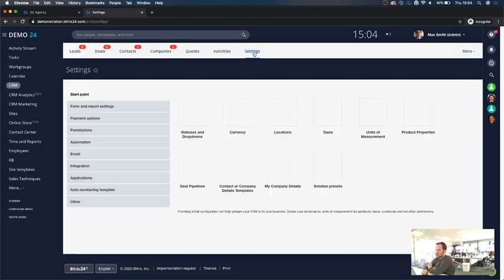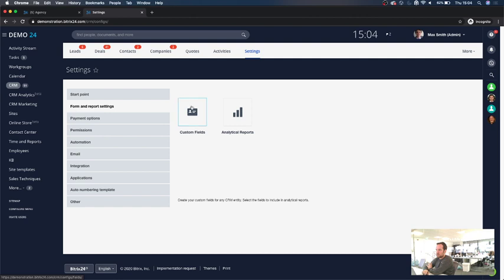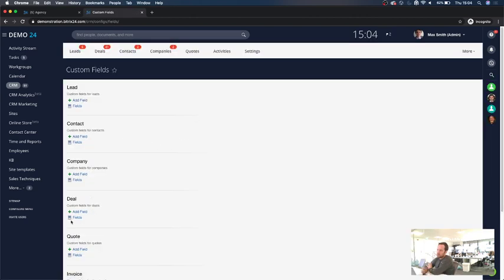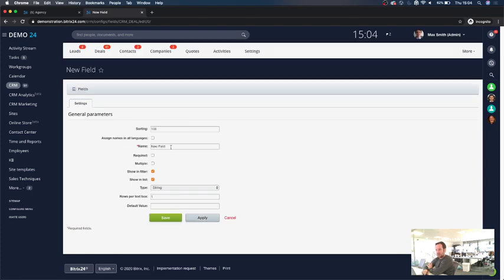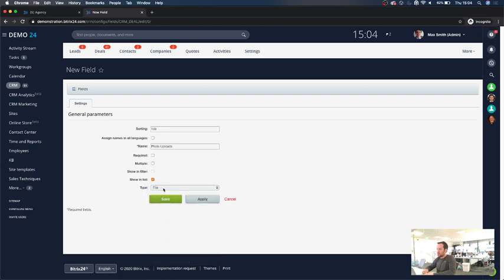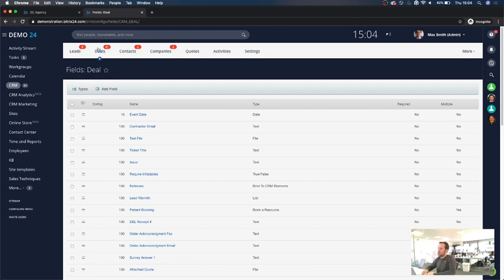So if I click on settings here, and then go to form and report settings, click on custom fields, and the question was about uploading pictures to a deal, then all you would need to do is click on add field here, and then we can say photo uploads. Make sure that we select the file type here,